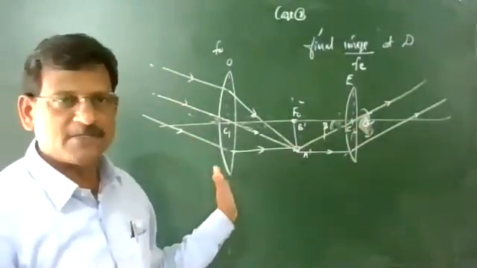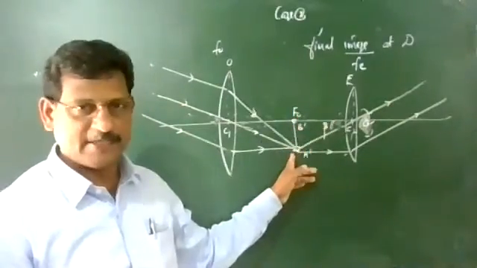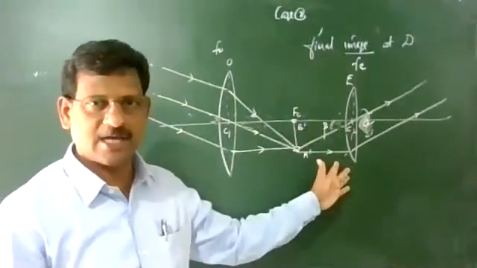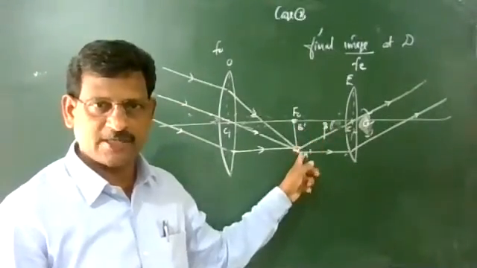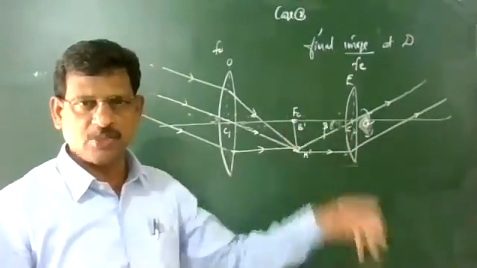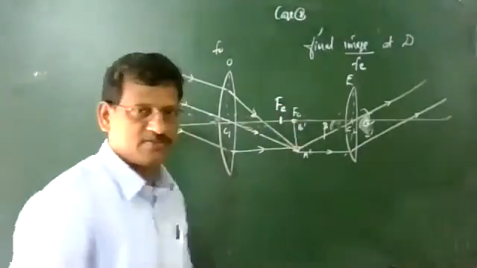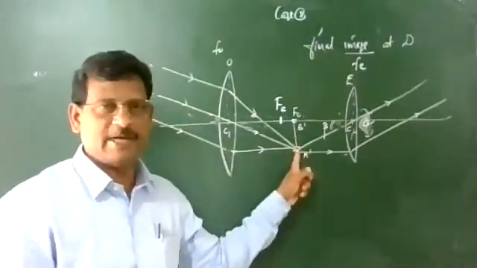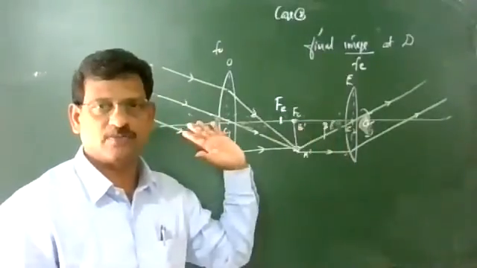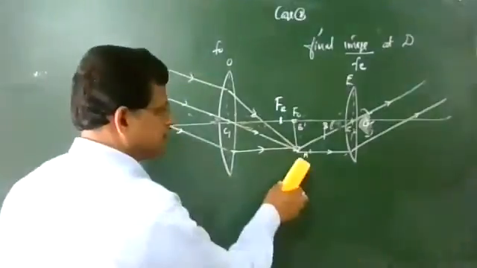Now first, the object lens is forming its image at its focus, f naught. A dash B dash is its real inverted image. Now we have to adjust this eye lens so that this object is coming between its optical center and the focus. So keep it a little farther; this will be the focus. Now A dash B dash will be the object for the eye lens, and the object is between optical center and the focus. So it acts as a simple microscope and the final image is formed at least distance of distinct vision.